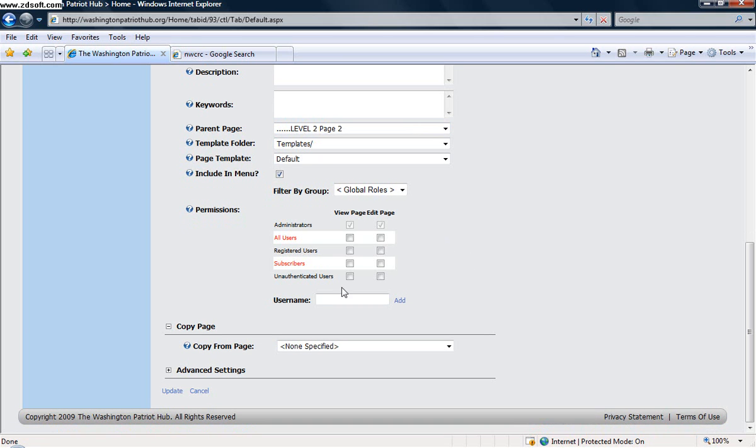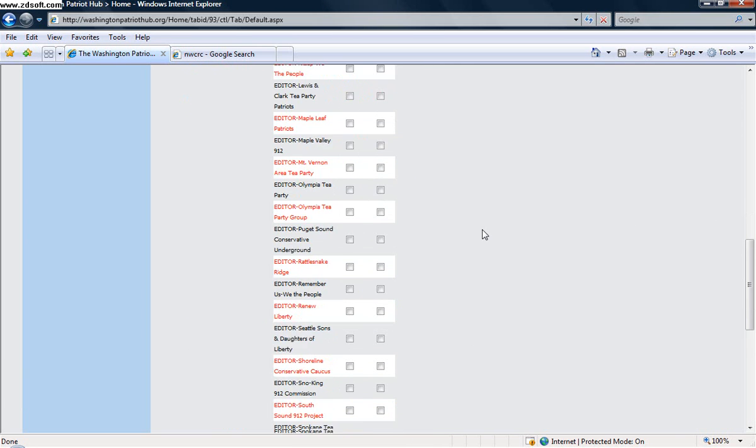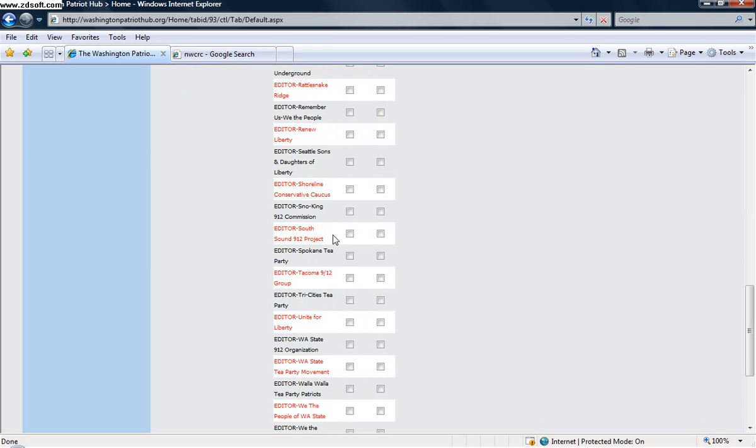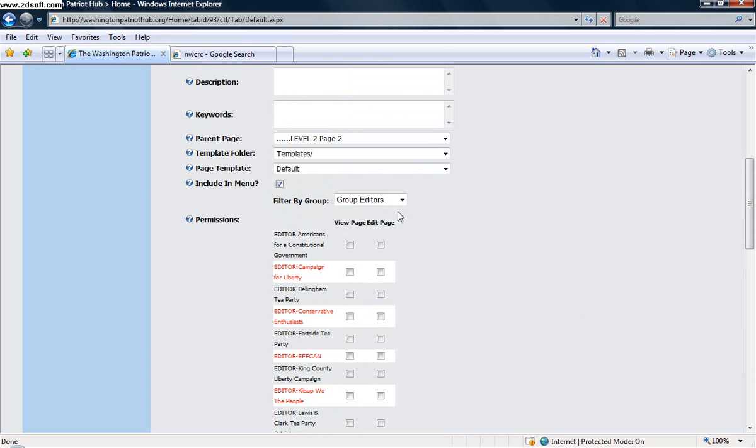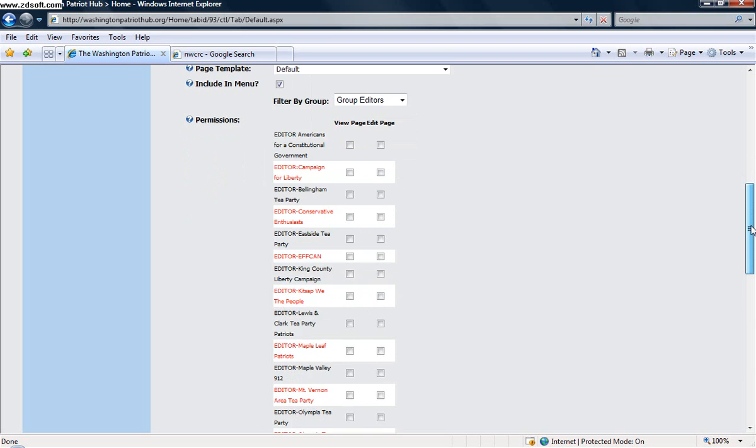Now at this point I need to decide who's going to be able to see it, who's going to be able to edit it, etc. All right. So obviously for the editing, you go here, filter by group. I want editors from the Snow King 912 Commission to be able to edit it, and you'll notice that that's the edit column. This is the view column. All right,